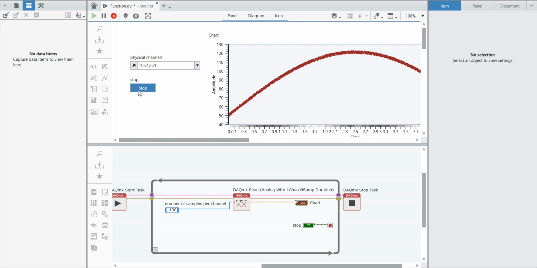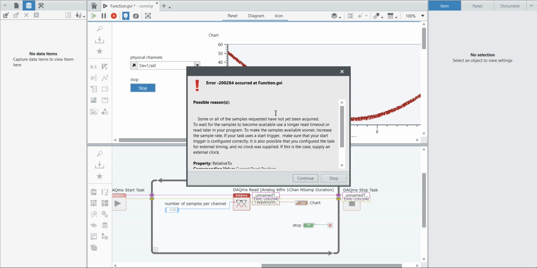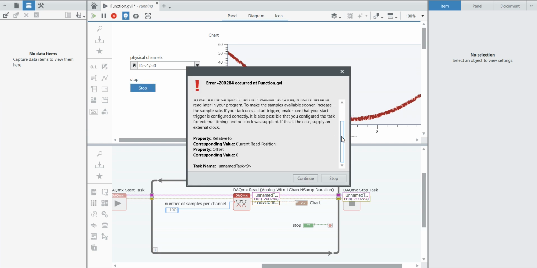Yes, we can stop the program also, but here one error will occur. Next time I will show you how we can solve this problem.